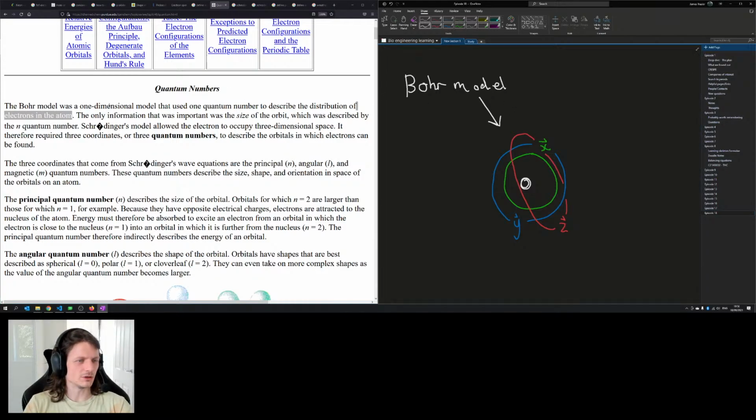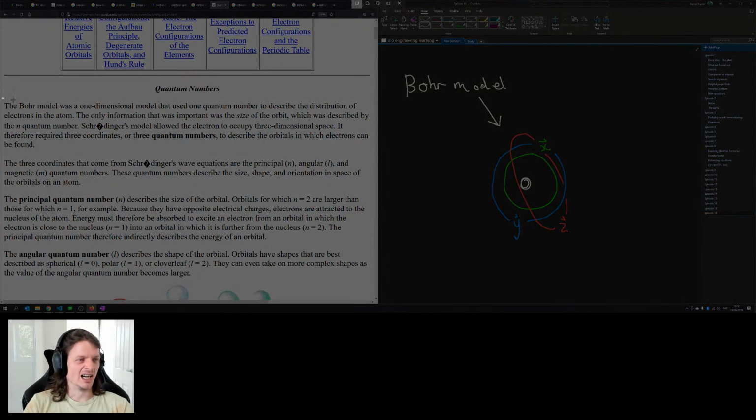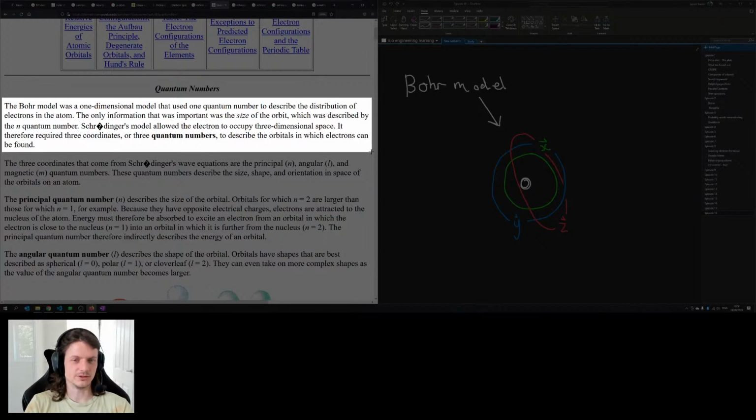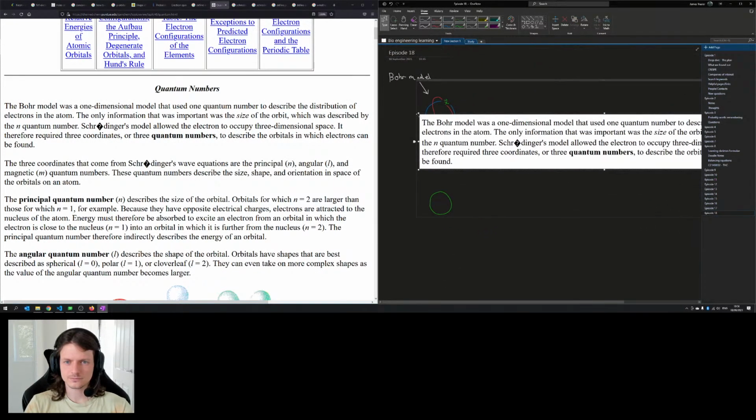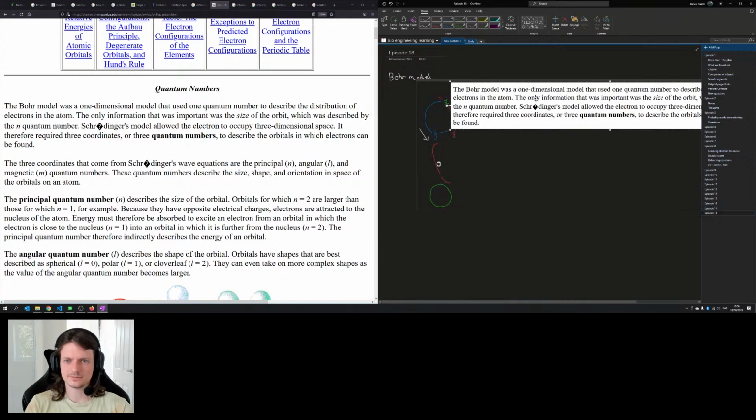Let's have a look. The Bohr model is a one-dimensional model that used one quantum number to describe the distribution of electrons in the atom. The only information that was important was the size of the orbit. Let's copy that. That's good. I like that. Let's get that in there.